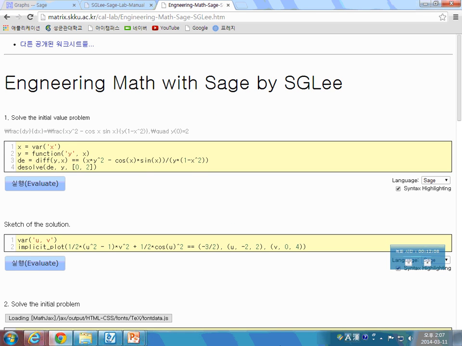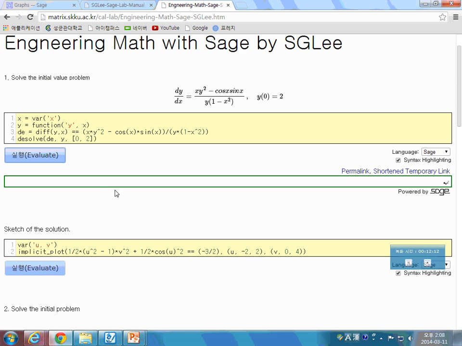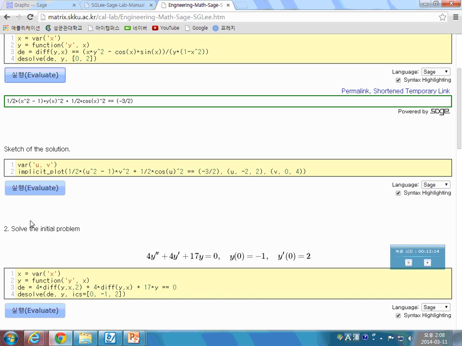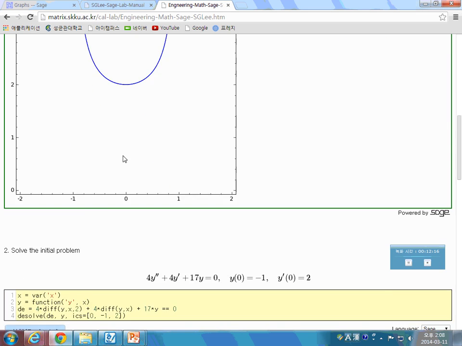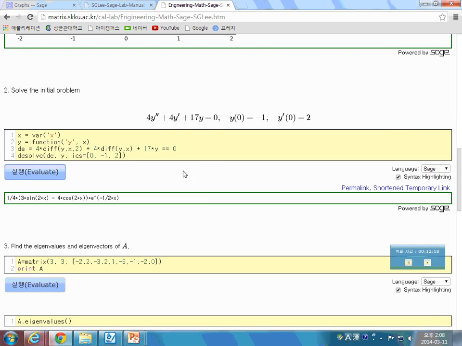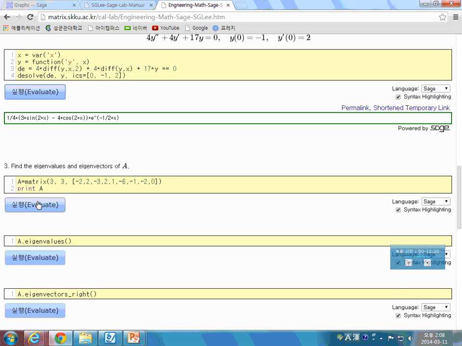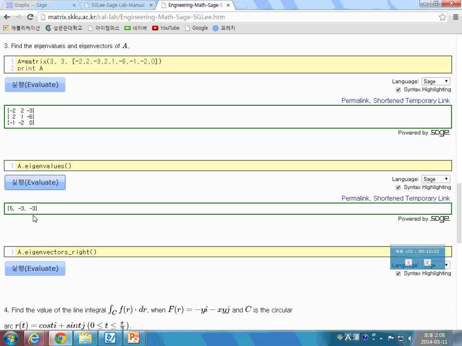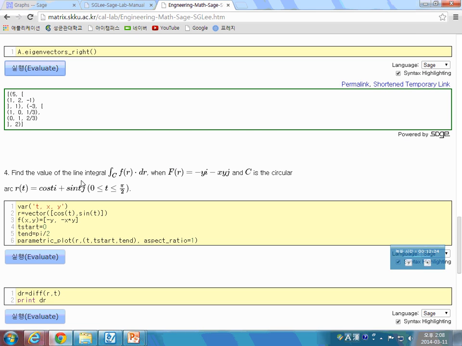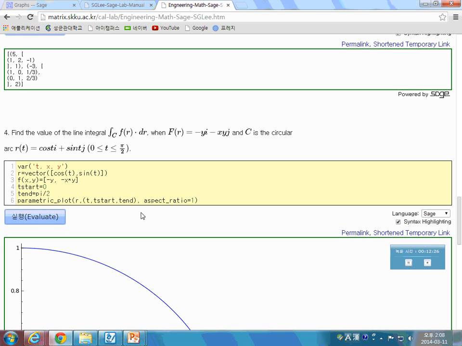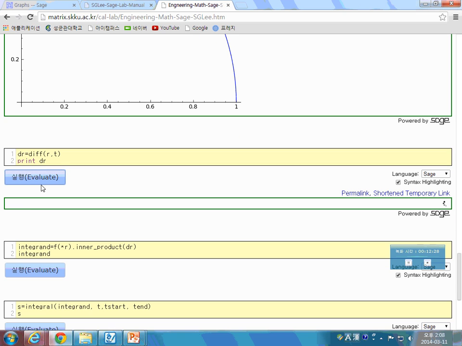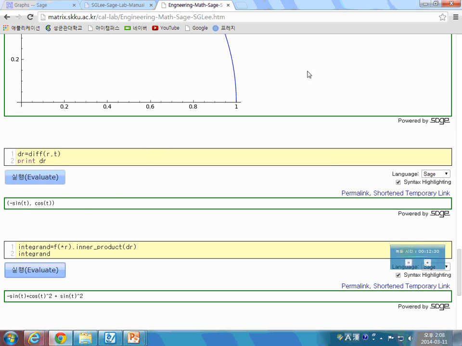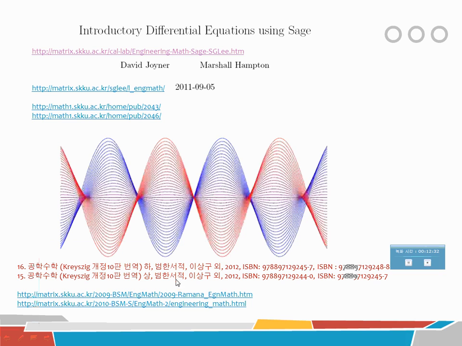So for the engineering mathematics, we have already tested how to solve the initial problems, and we can sketch the solutions, and we solve these initial problems, and then find the eigenvalues and eigenvectors to deal with those differential equations. And so these things have been examined here, and also we recently